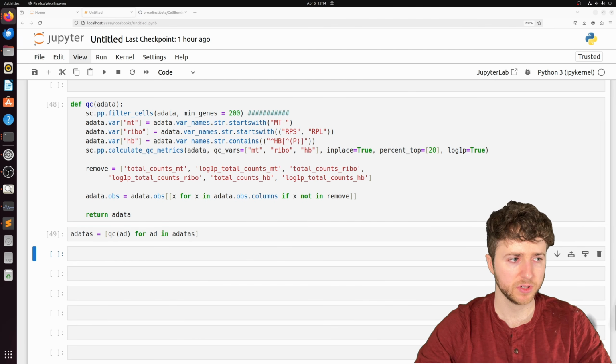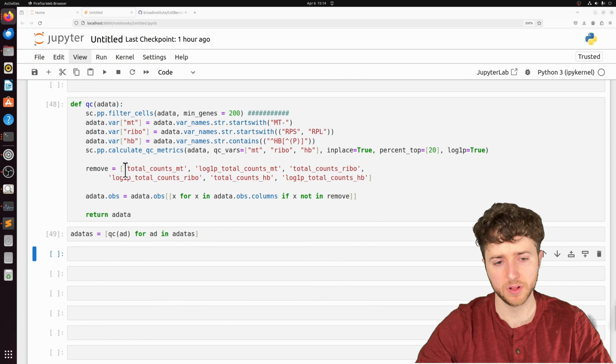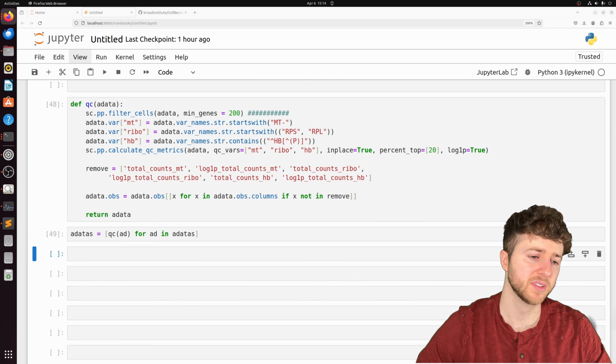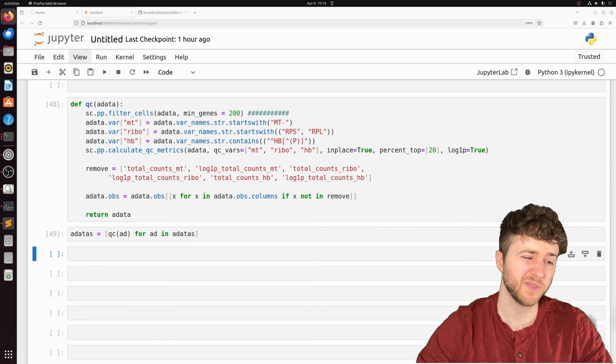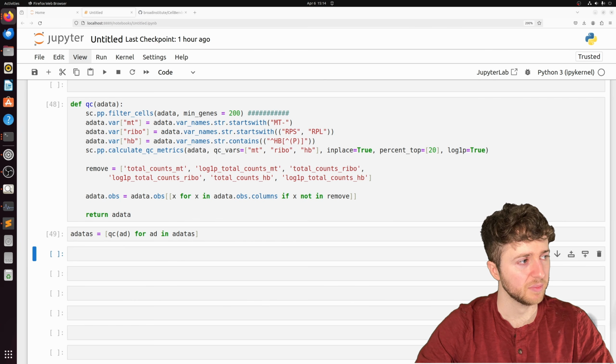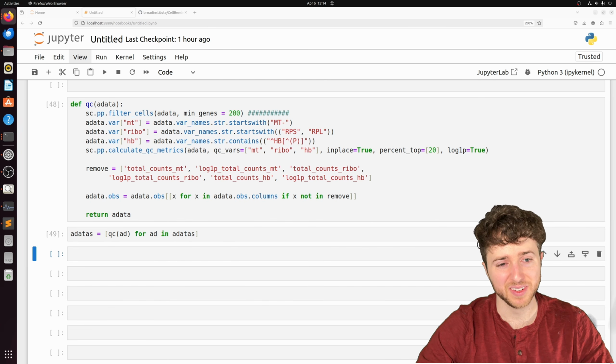Okay, so now that those are QC'd, we're actually going to pull out all the QC metrics from each AData object and put them all into one data frame just so it's easy to graph all of the samples at the same time. If you had only a few samples, you don't have to put them all together. You can look at them individually, but in this case, I don't really want to do that with 75 samples.